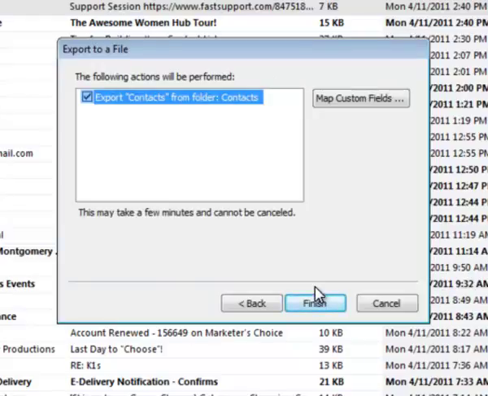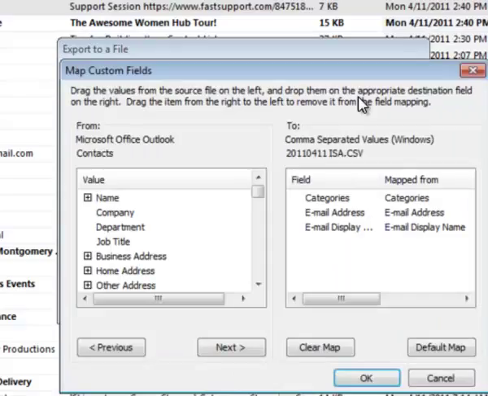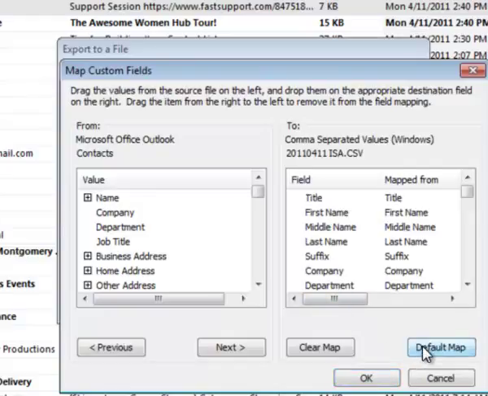The fifth box allows us to either export all information or just specific custom fields. By clicking on Map Custom Fields, we can identify how the current export will work. If your screen looks very similar to this screen, where we have three separate fields on the right-hand side, that being categories, email addresses, and email display addresses, then you can continue. If by chance you've recently backed up and all things are on both the left and the right-hand side, the next step would be to clear the map,